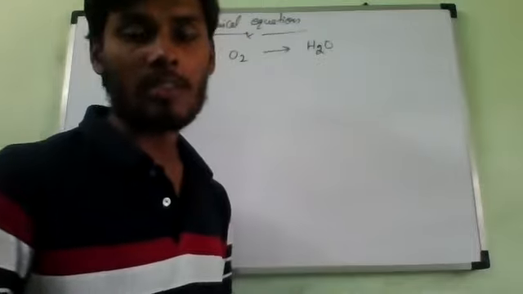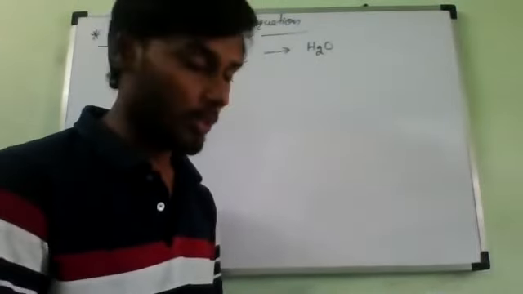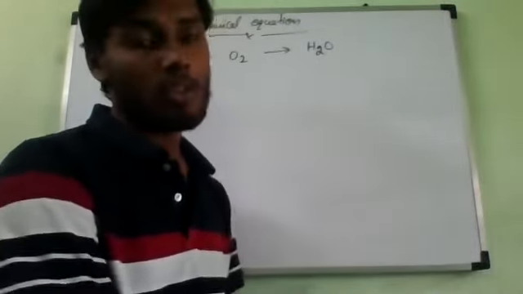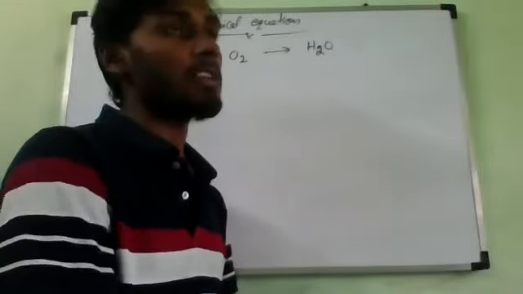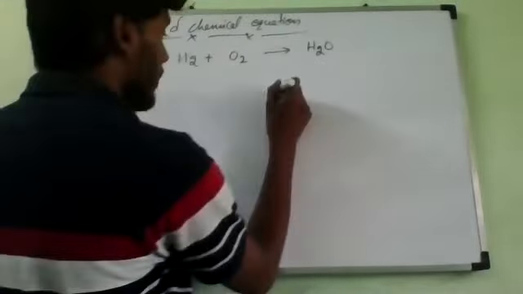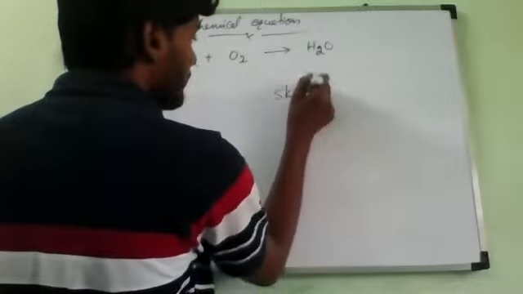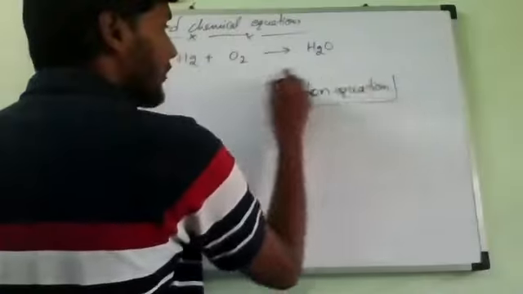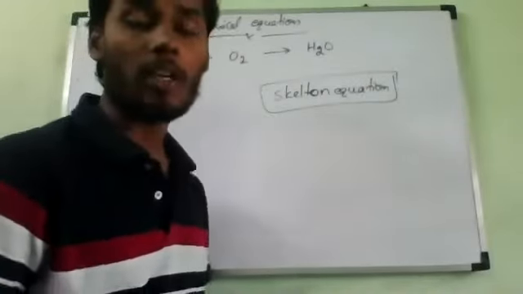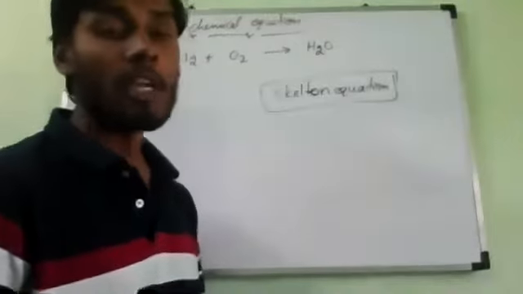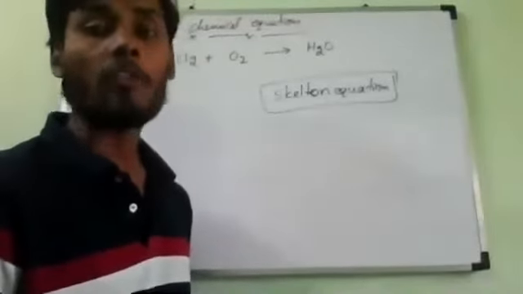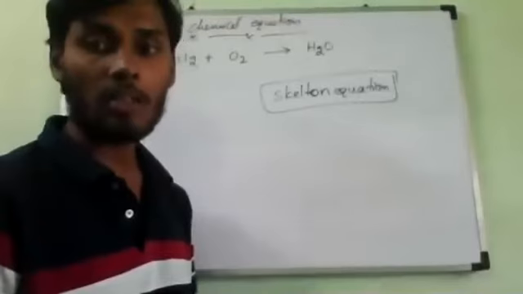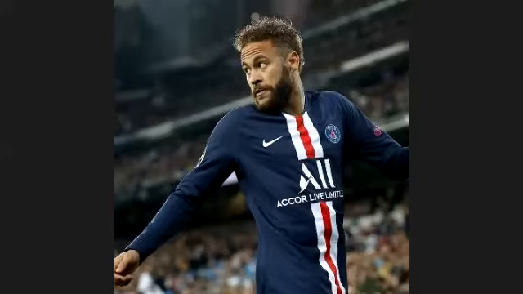We have to balance all the unbalanced chemical equations, because they will ask you the question. An unbalanced chemical equation is also called what? Skeleton equation. If it is a skeleton equation, then the number of atoms of reactants is not equal to the number of atoms of products. Means it is not obeying the law of conservation of mass. Is it true or not? Yes, sir.